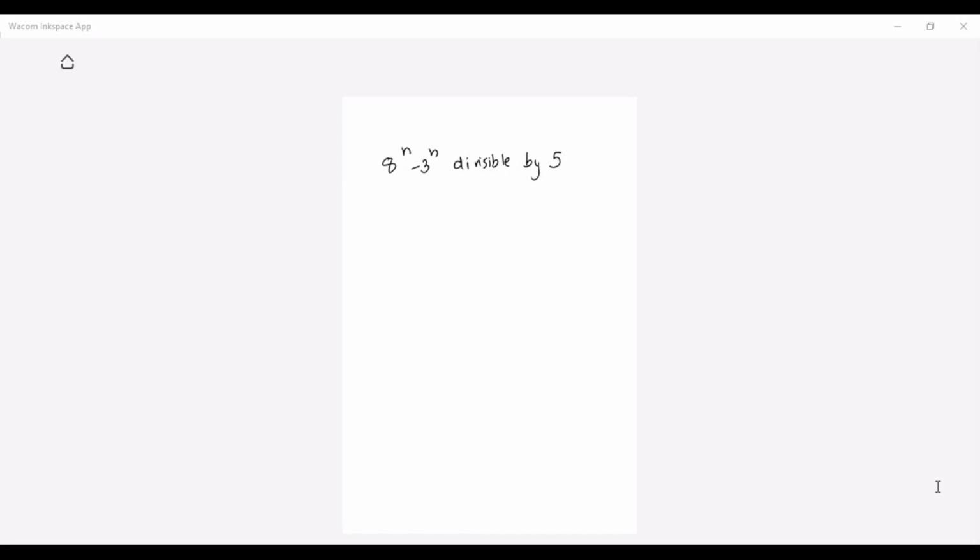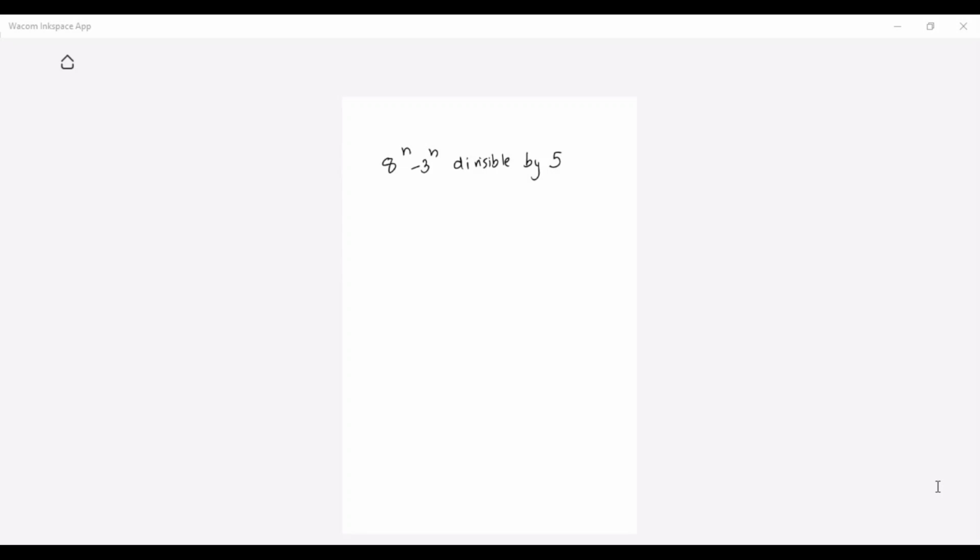Can anyone tell me what are the things we can do? See, in this problem you can have a number of choices, a number of alternatives. It's not like whatever way I'm going to show you right now is the compulsory way. You can have your own logic. The only thing is you need to justify whatever you are doing. So does anyone have any idea about this problem, what are the things that we need to do in this problem?